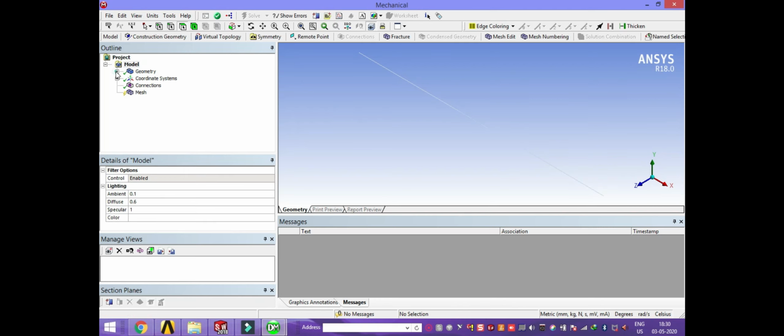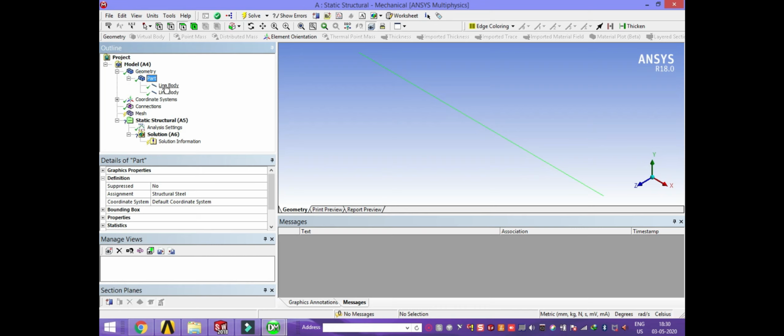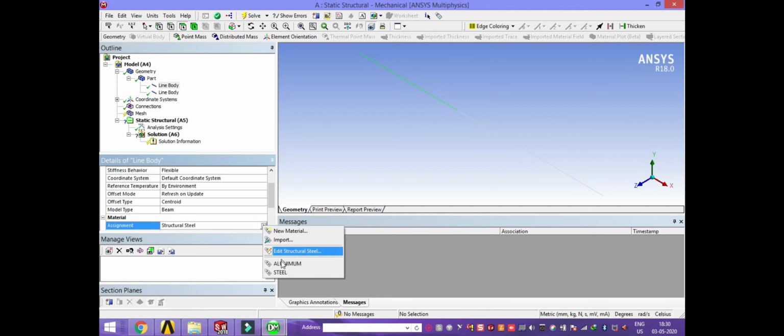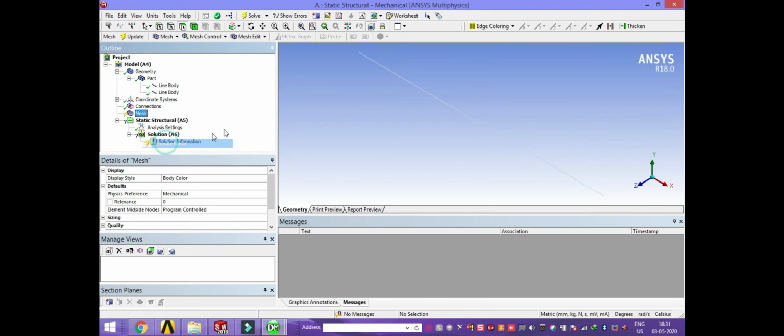Now we have this component. Open the geometry part. We have two parts, each a line body. The first line body we assign aluminum, and the second line body is steel. We already defined and assigned those two materials. After that, go to mesh and generate a mesh.